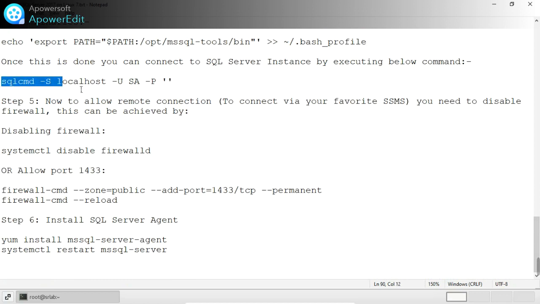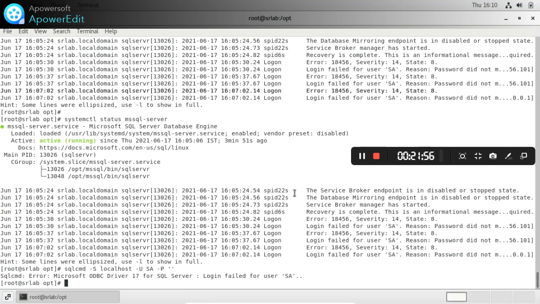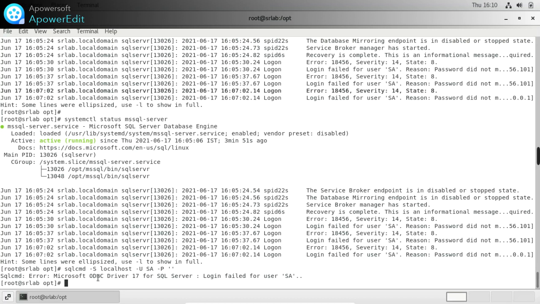So let's see how to connect. I am going to connect to the SQL Server instance. Trying to connect to SQL Server through Linux using this command, sqlcmd -S localhost -U SA -P password, but I am getting the error, login failed for user SA. I am trying to check that in the service status command.